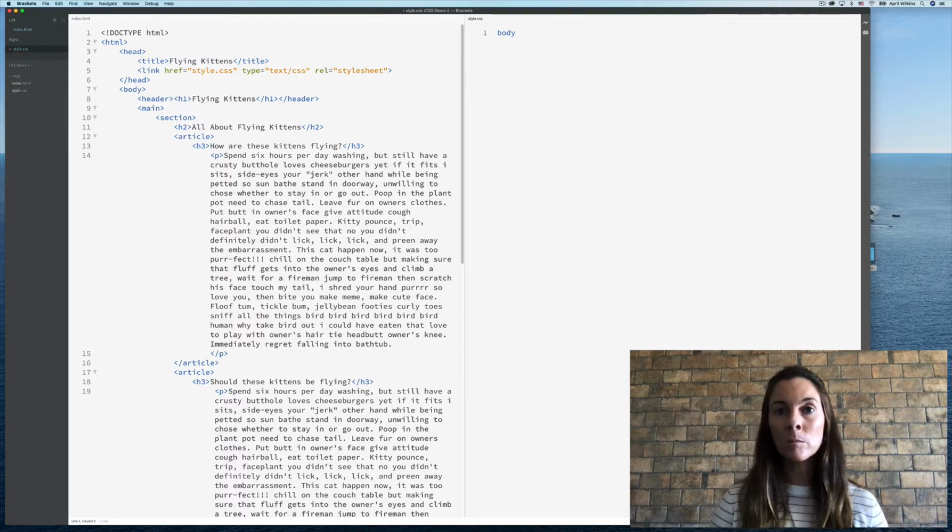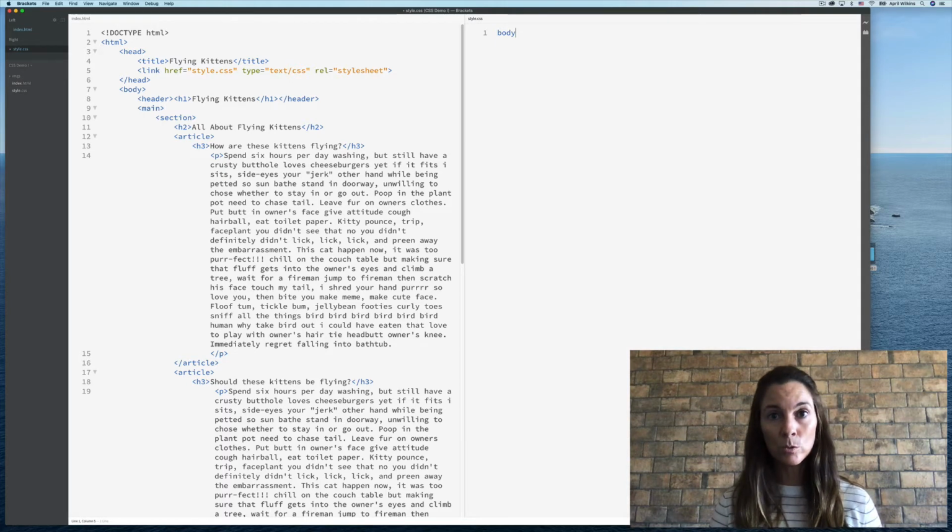So right now I'm using an element selector, meaning whatever I do now as CSS to that selector will apply to every instance of that element in my HTML. I only have one body element. I should only ever have one body element. And remember, you should only ever have one body, one head, one header, one main, and usually one footer, although these days you actually might see more than one footer. All right, so body, element selector,